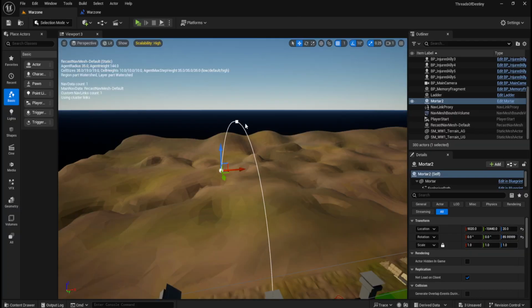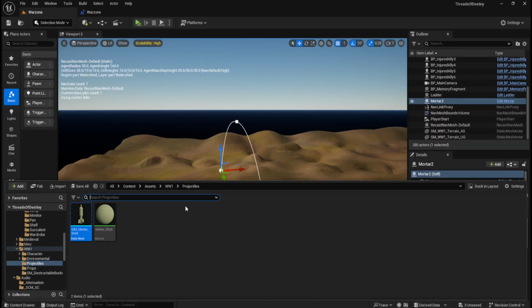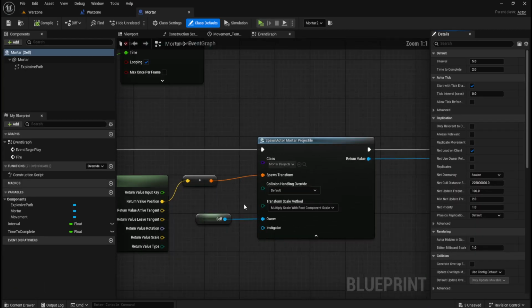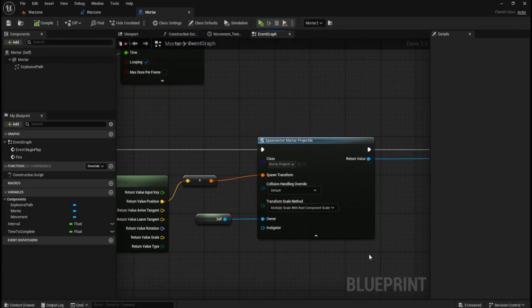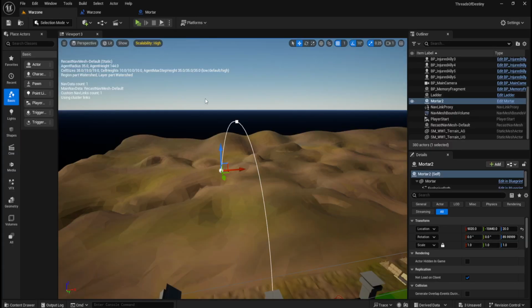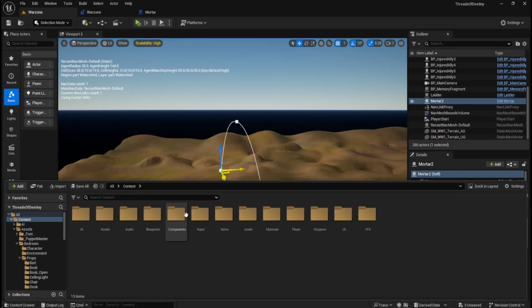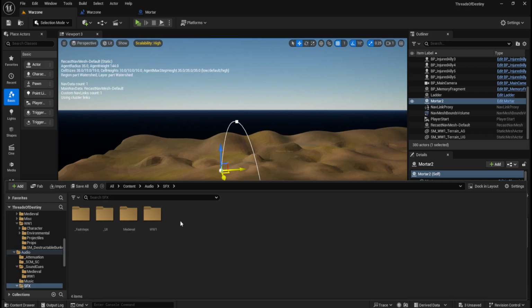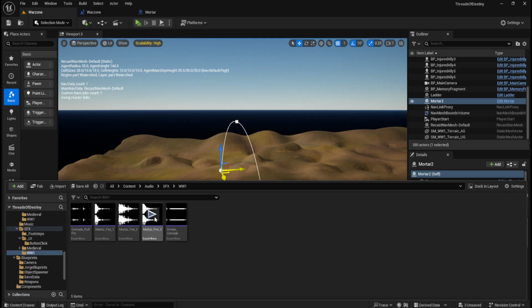Why was I in the level? What was I in here for? Ah, I think it was for the sound. That's why I was in there. Because I wanted to make sure that when it fires, when it spawns, we're playing a sound. So if I go back to here,